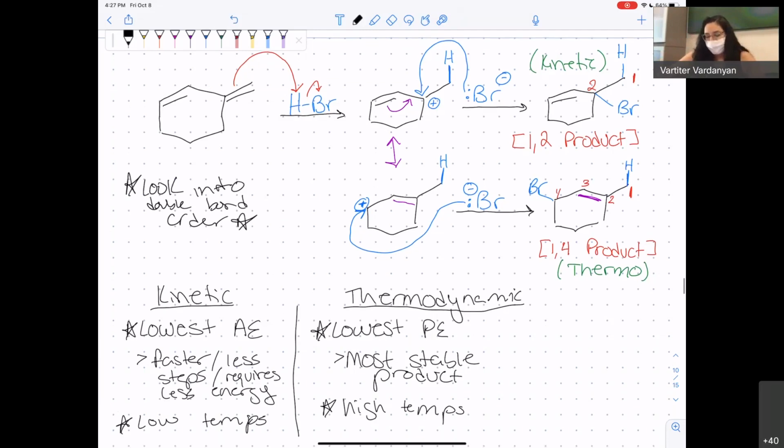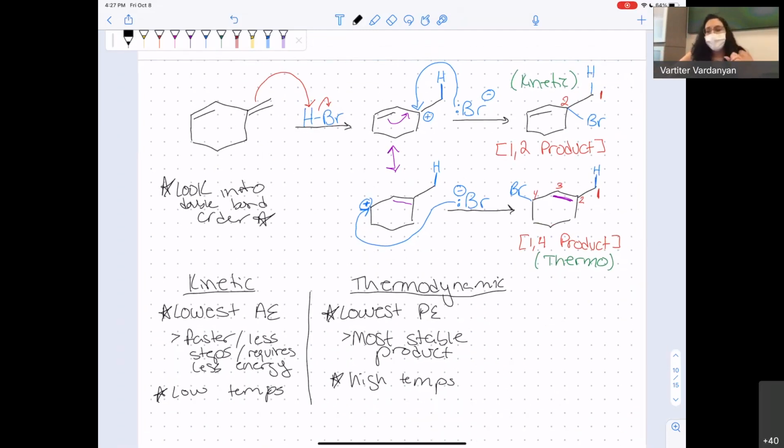All right. But for now, we at least know that this one is di-substituted and this one is tri-substituted. So tri-substituted is for sure better, right? Doesn't matter about di-substituted, we don't care. Tri-substituted is for sure better. So that's all we care about. And that's important because the thermodynamic product is the one that has the lowest potential energy. On the graph, I'll show you what potential energy looks like. But as far as this reaction mechanism goes,